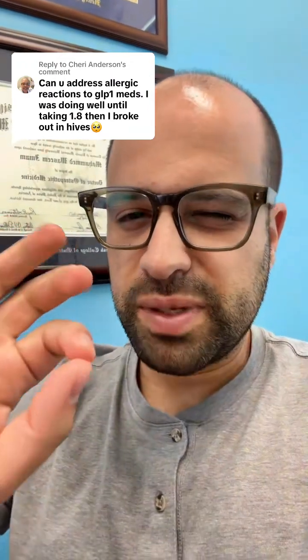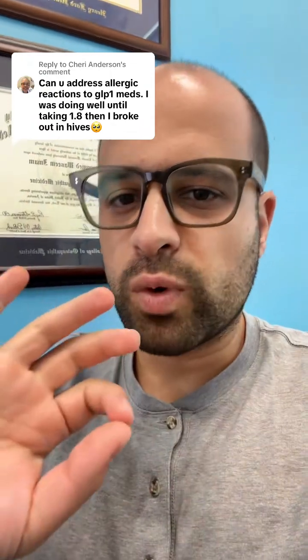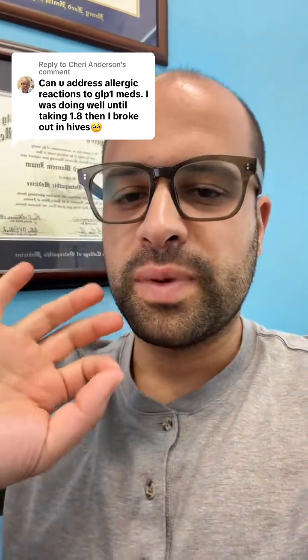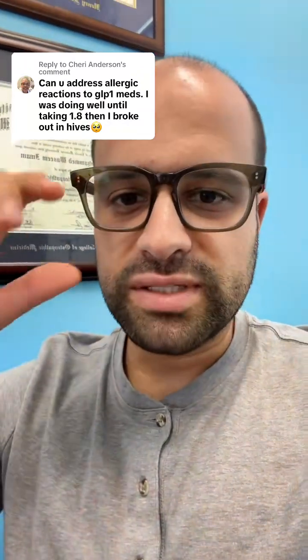By far, the most common allergic reaction is a large local reaction, meaning the injection site turned red and it's pretty itchy, but it stayed where the medication was injected. Now, since these medications are peptides, this would be expected, and almost all the different brands have this manifestation. It appears anecdotally, meaning just from doctor experiences, that it might happen a little bit more commonly with Mounjaro, but it is well documented with semaglutide as well, and really well documented with Saxenda or liraglutide because that's the oldest